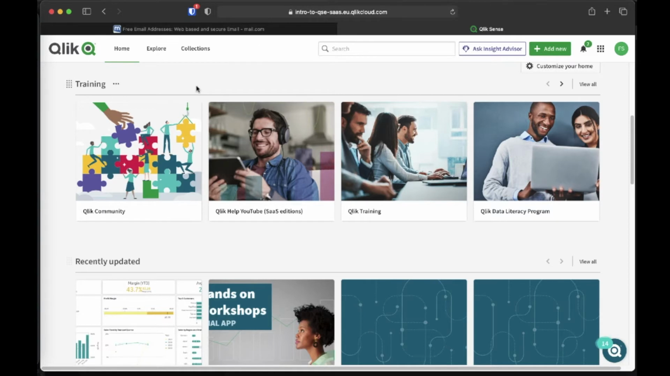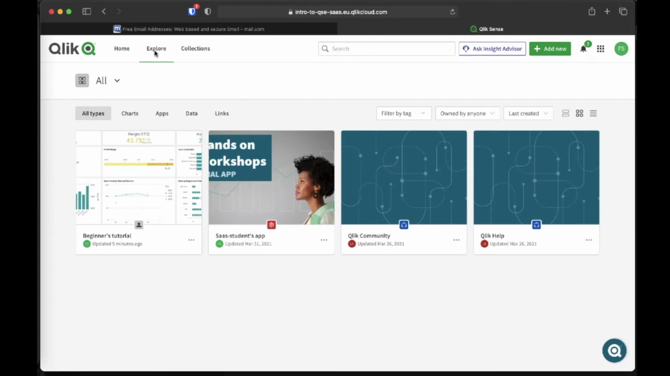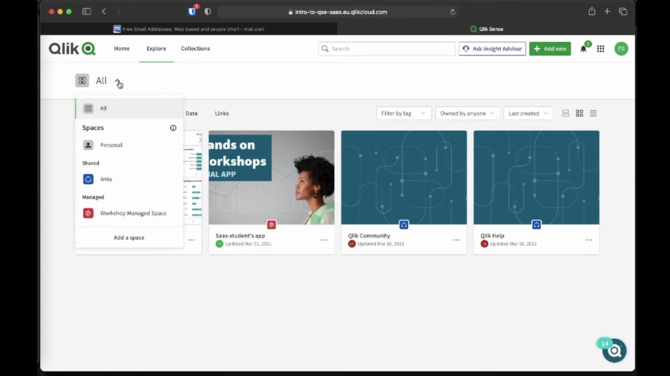Now, to see spaces, we start by clicking the Explore menu. By default, we see all spaces, which is this menu here. If we click the drop down, we can see what spaces we have access to. In my case, apart from my personal space, I've been given access to the link space and the workshop managed space. We'll use the content in these spaces throughout the workshop. I can also create my own space. If I click the Add Space button,